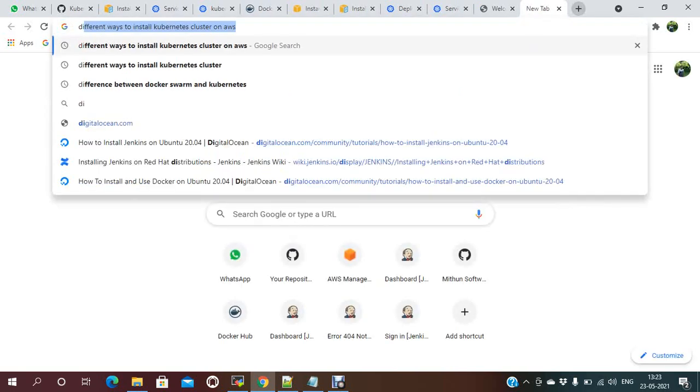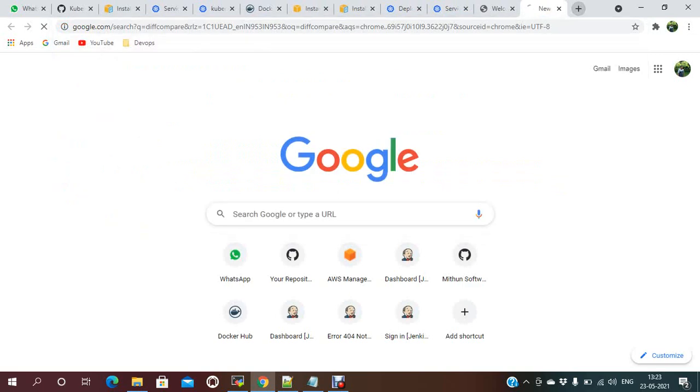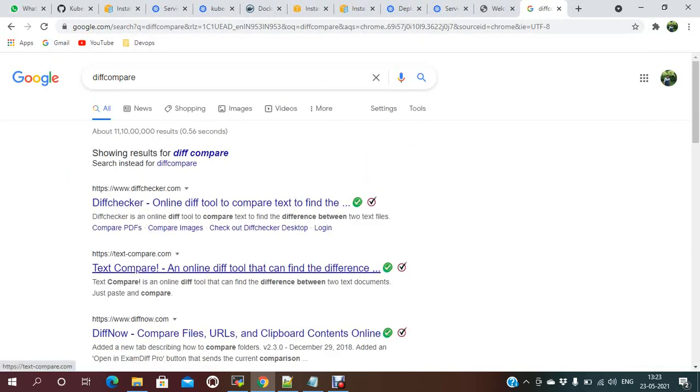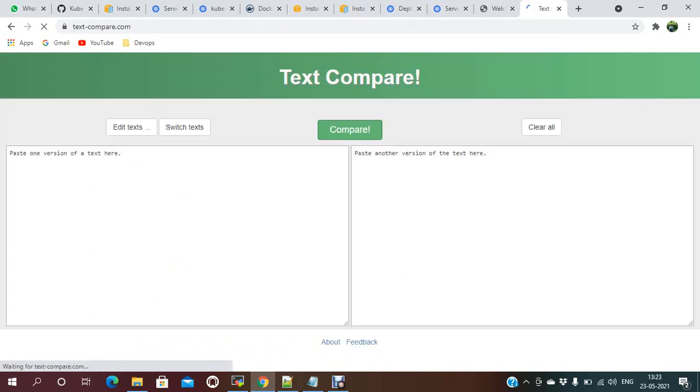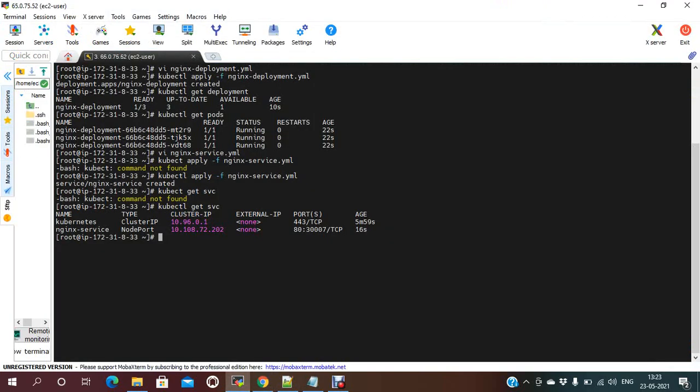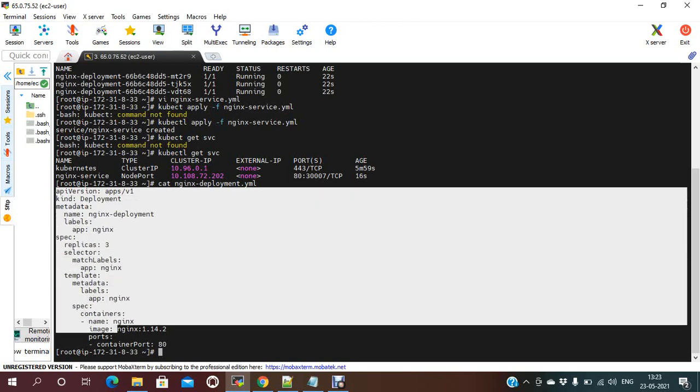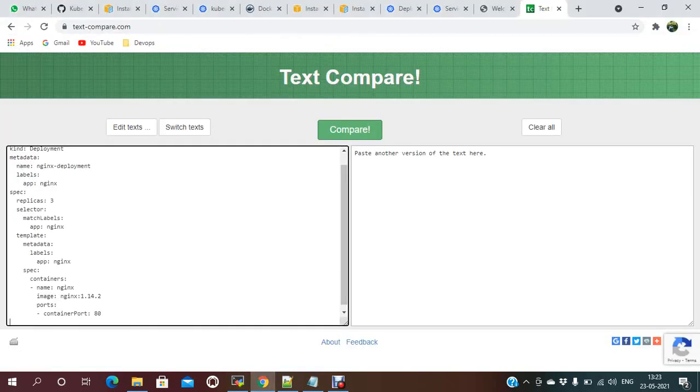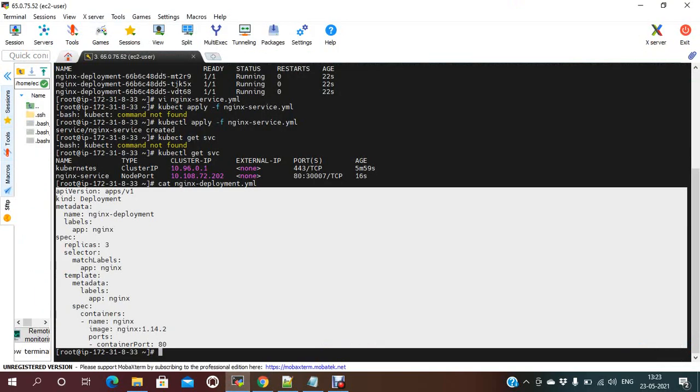Let me show you the difference between the deployment one and the service one. cat nginx-deployment.yaml, and cat the service file.